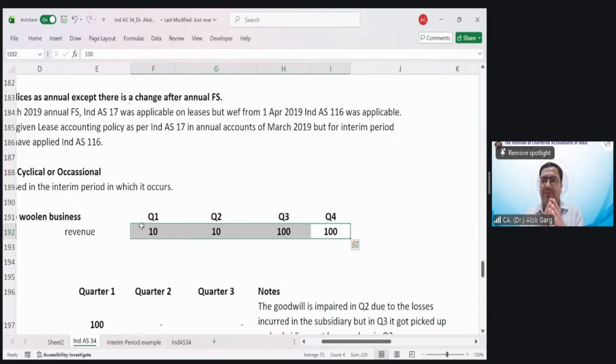So, whether revenue has to be extrapolated, recorded on a straight line basis, or recorded in the period in which it occurred. Revenue has to be recorded in the period in which it occurred, right? It cannot be straight line basis. So you are not required to recognize a revenue of 55 crore every quarter. It has to be the amount in which it occurred.